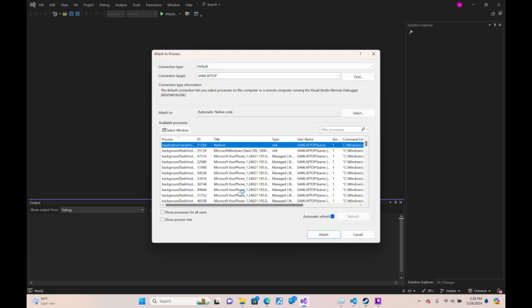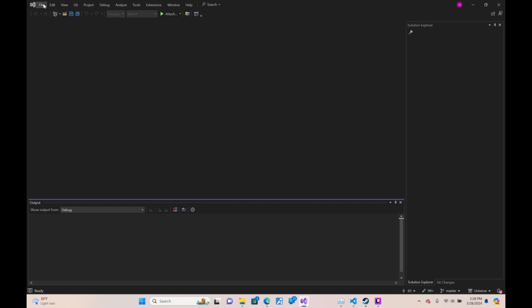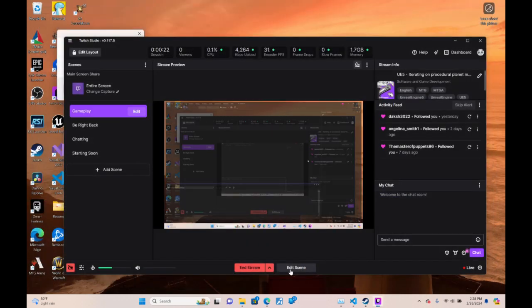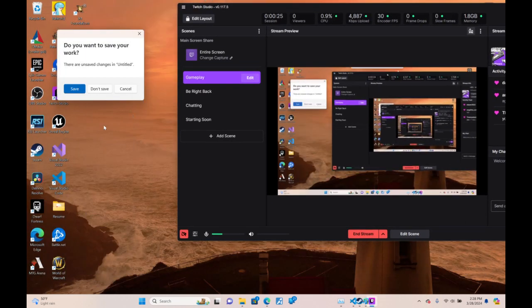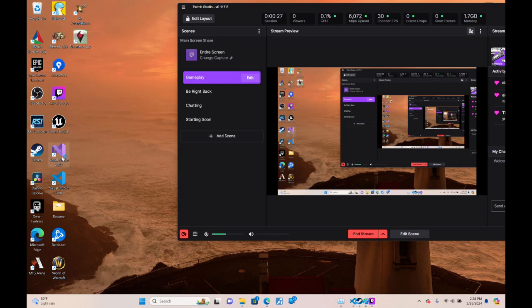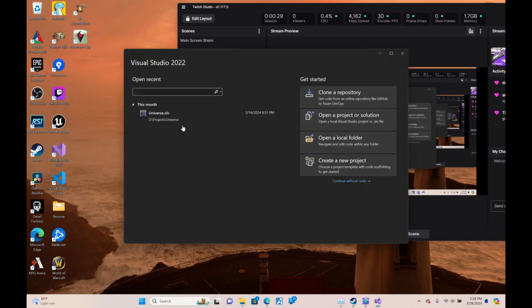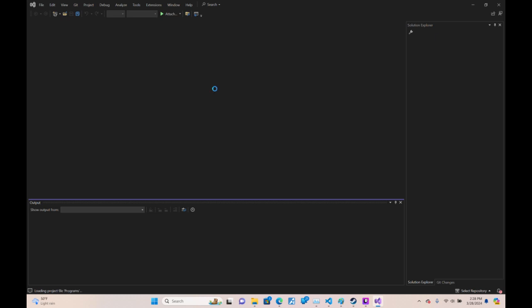What the fuck is this? Yeah. All right. It opened this up without my project attached to it. Let's just go ahead and open that right back up. All right. So yeah, basically we want to